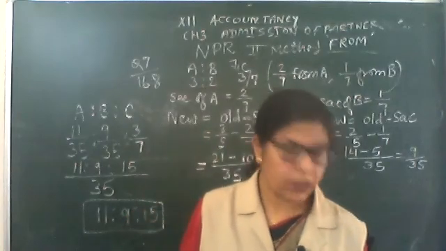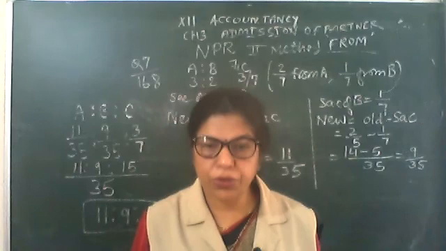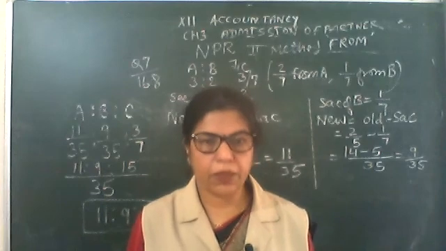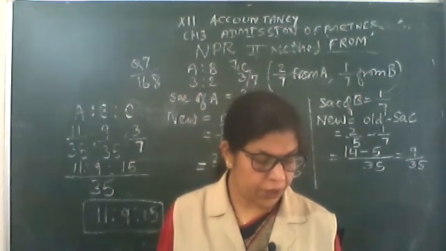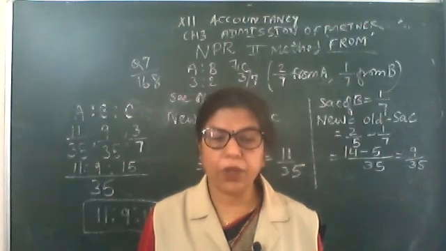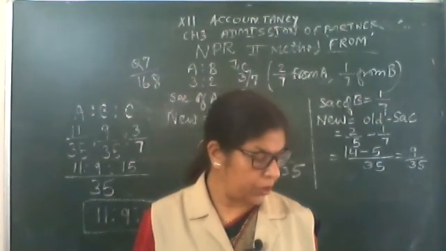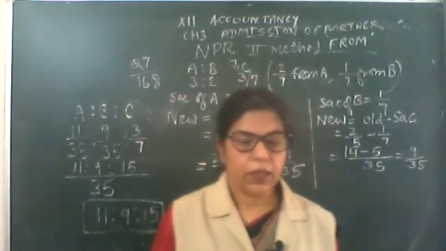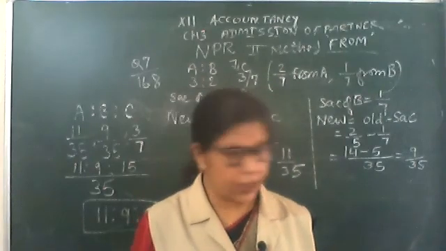Good. Next, question number 5. P and Q are partners in 2:1. They admitted R. R is the new partner. R enters the partnership for 1/5 share, which he acquired from P and Q in 1:2 ratio. Calculate NPR. This is the NCERT question, question number 5, page number 168.